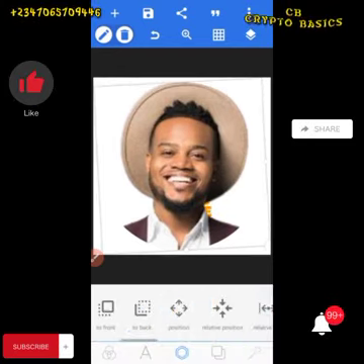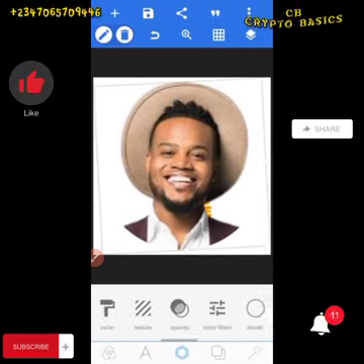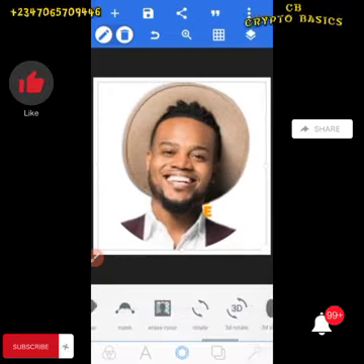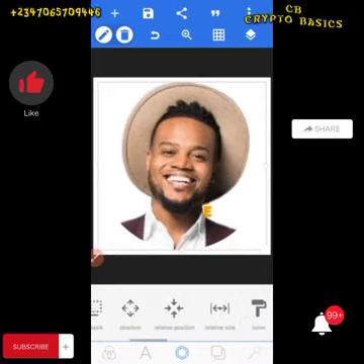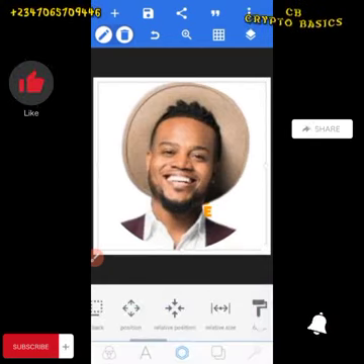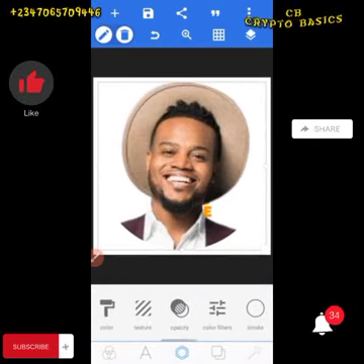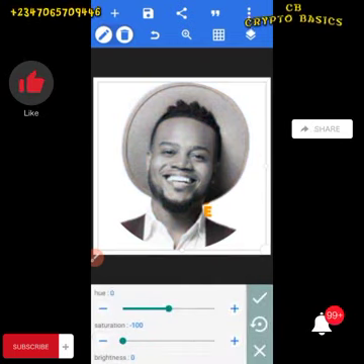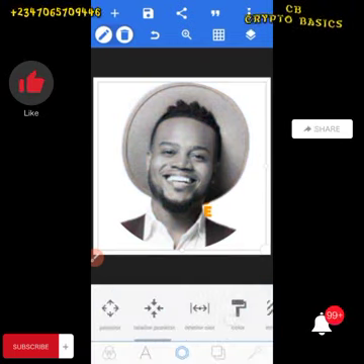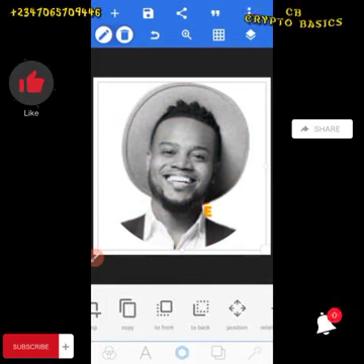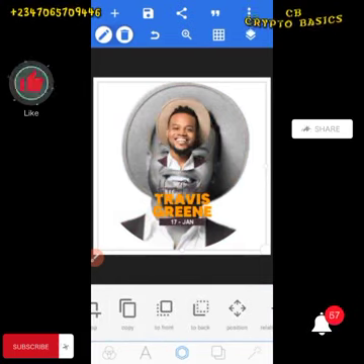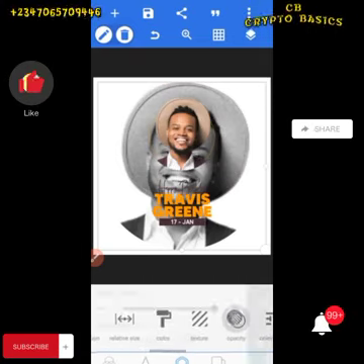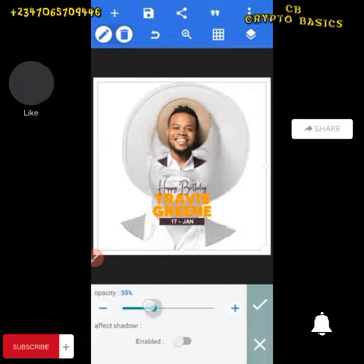Okay, now what I want to do is I can remove the rotates now. Not really important, so I removed it. Align again to the center position. Then what I want to do is I want to go to the color filter and reduce the saturation to make it look black and white. Then I move the image to back. Then I'll go to opacity and reduce the opacity so that